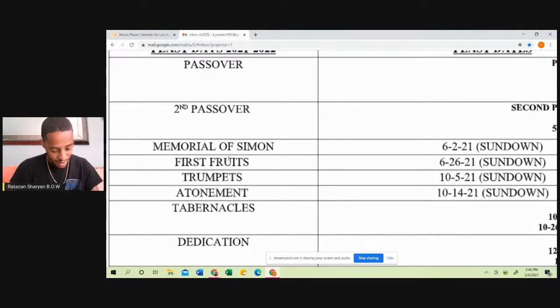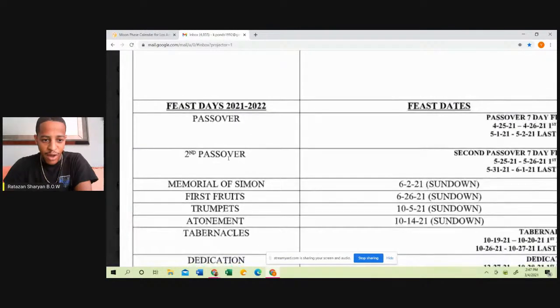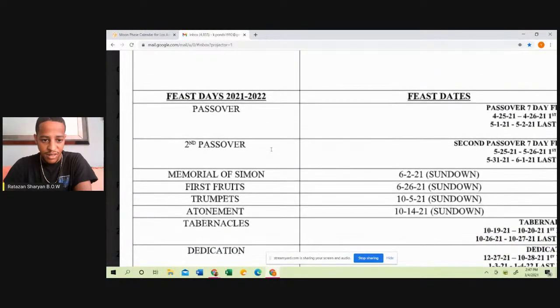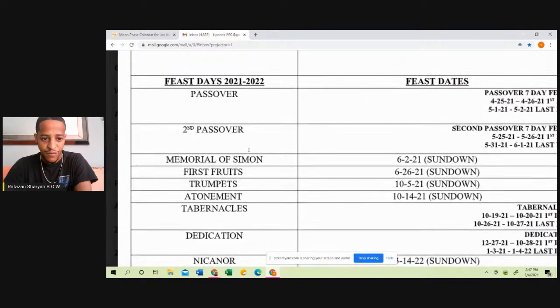I mean the 7-day Sabbath, right? It says after Passover, "From the day that ye brought the sheaf of the wave offering, 7 Sabbaths shall be complete. Even unto the morrow after the 7th Sabbath shall ye number 50 days." So you have to count 50 days. All right, 7 Sabbaths have to be complete.